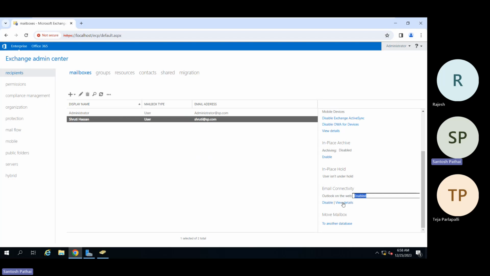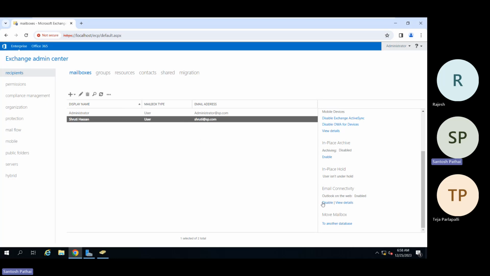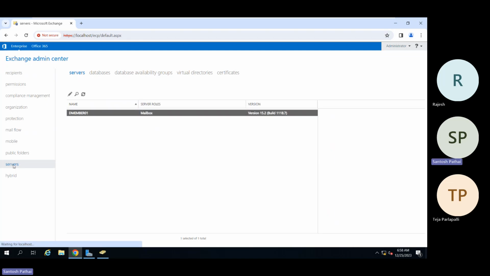And we can click on view details. So the Outlook web app mailbox policy is the default policy. We can disable Outlook on the web for this user. And we can move this user to another database also. So at present, if I want to see the database, where is my database? If I go to my servers, here you will be able to see all your servers wherever you have installed Exchange. How will those servers appear here? If we go to the organization tab,